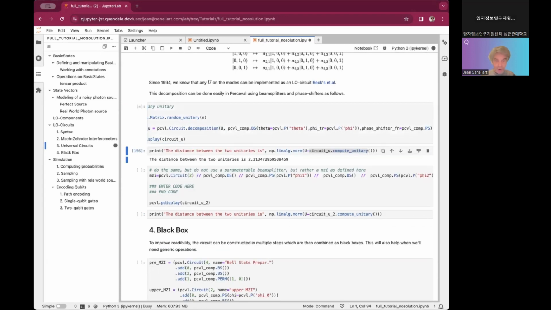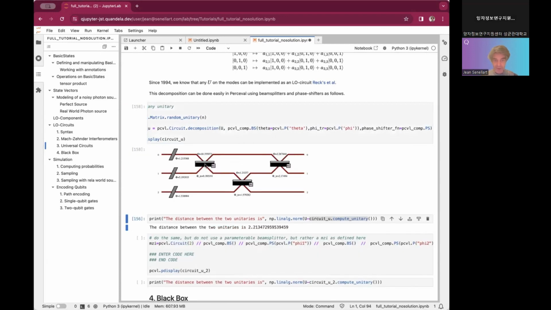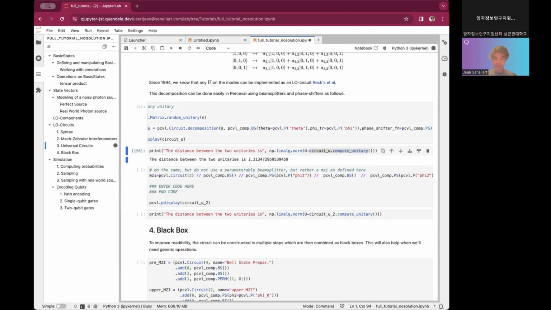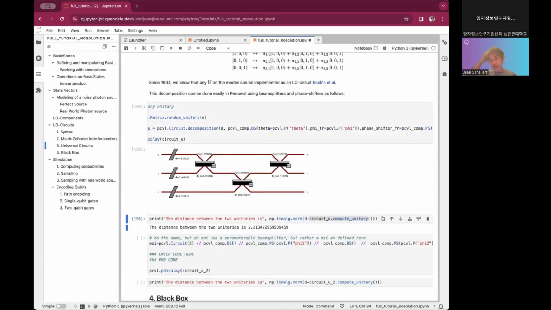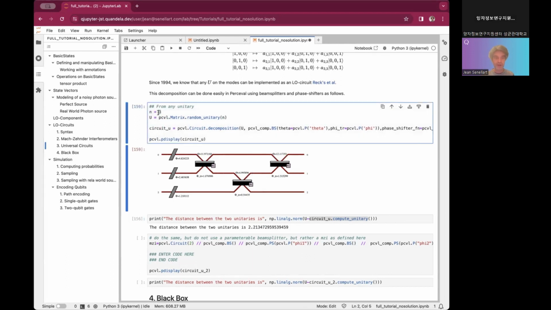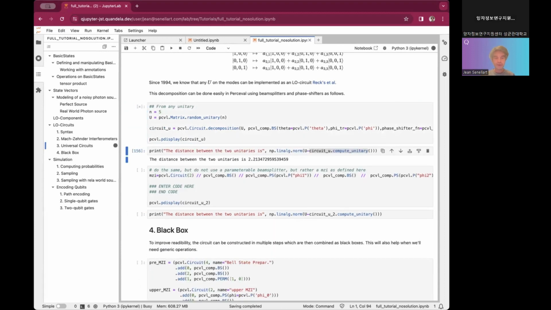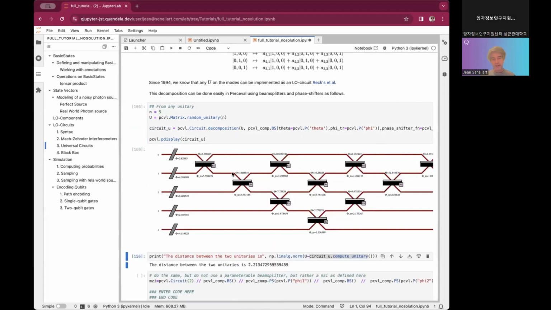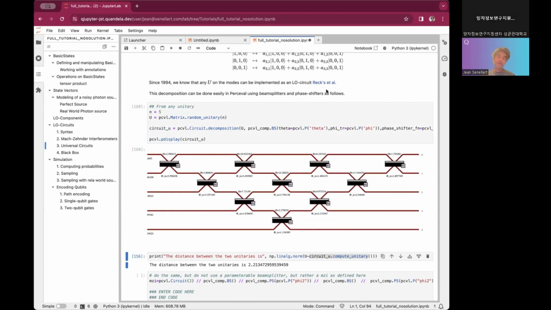The other thing to check, and you can do that multiple times, is that if you run that, you will see that you don't obtain exactly the same value every time. So there is some change here. And this is normal, because there are multiple decompositions for a single unitary. All of them are equivalent. And there are multiple decomposition algorithms. There is one that is producing a rectangular form. So let us try that with a larger matrix. If I take 5, you see that it is this design.